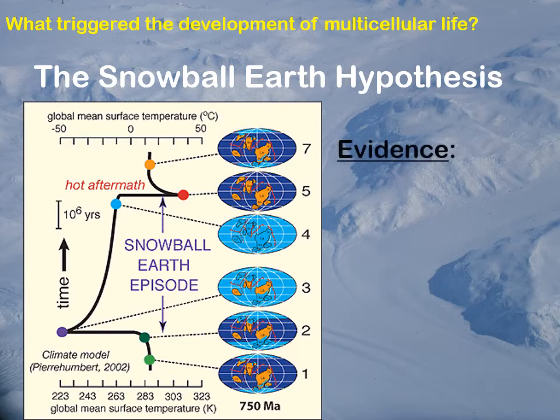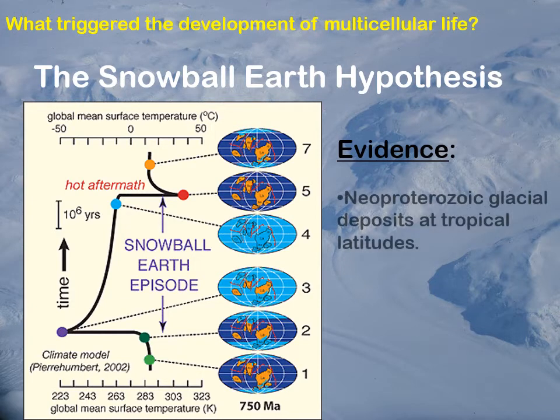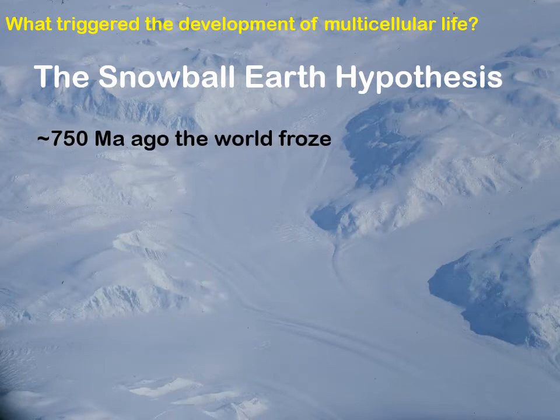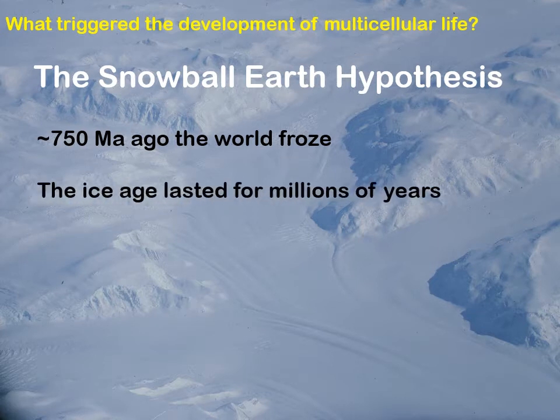So the evidence we have for snowball Earth, this is a really cool hypothesis, but how do we know? Why do we think it happened? Well, if we had ice cover all the way down by the equator at one point in the Proterozoic, we would expect to see glacial deposits at tropical latitudes from the Neoproterozoic, and we actually do. We also see open water glacial deposits, meaning that ice was over the oceans and then dropping glacial debris into that ocean water. So the only way you can really get this is by having this, what we call the snowball Earth situation. So about 750 million years ago, the world froze essentially. It lasts for a few million years.